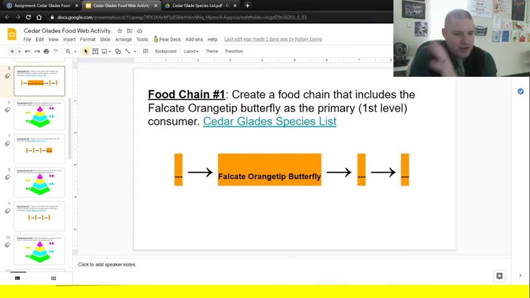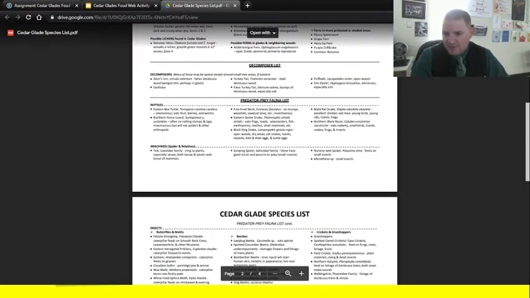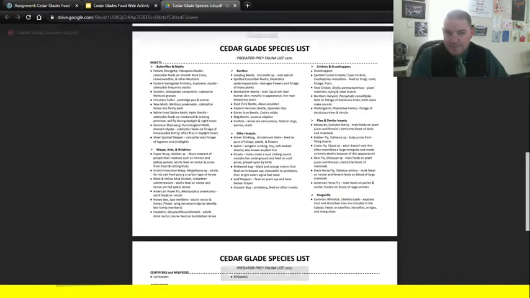So I already gave you that in its correct spot as an example. You need to figure out what the butterfly eats, and then what things could come after the butterfly. So how you would use this, you would use our species list, pull that up, find the butterfly, which, hey,